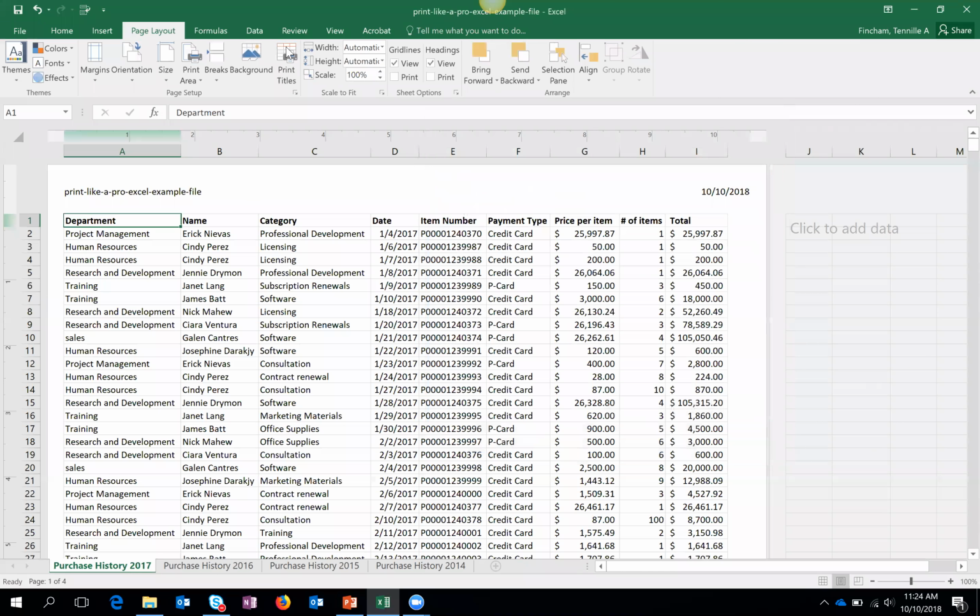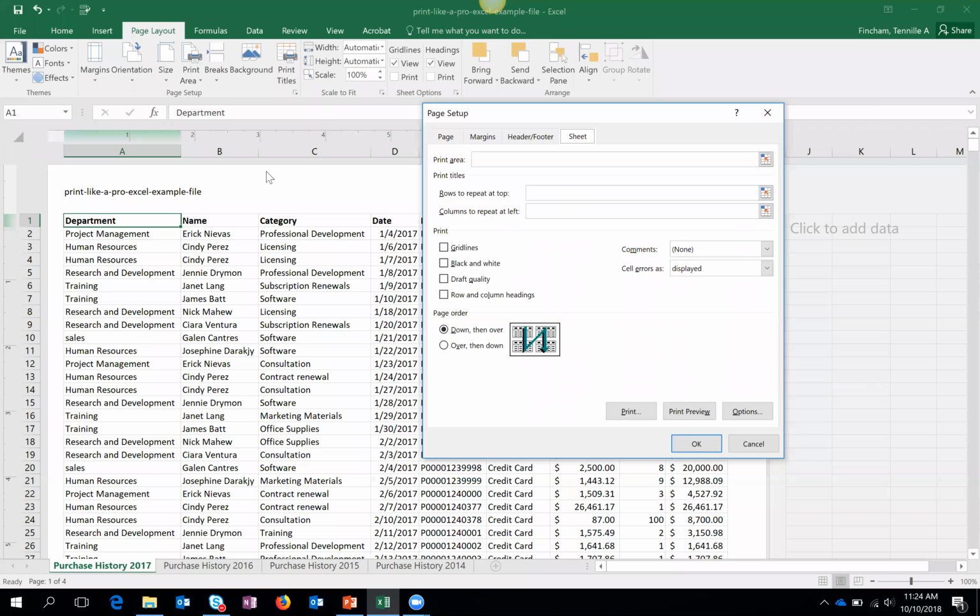I then clicked on print titles, and to actually add it in and have it format correctly, all you need to do is click into the box next to rows to repeat at top. Your cursor is blinking there, and then you come over to your document and you select the row, so you get that black right-facing arrow. You select the row or rows you want to be repeated. So I'm just going to select row 1. And when I click OK,